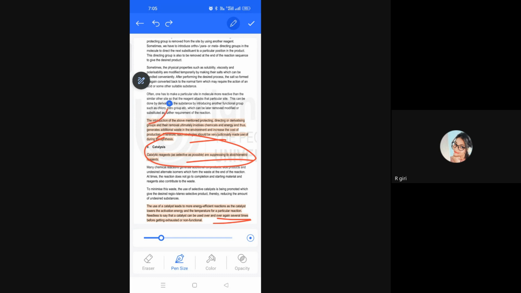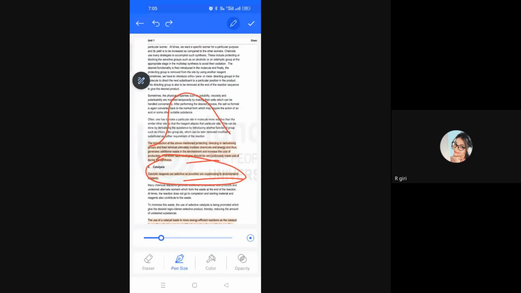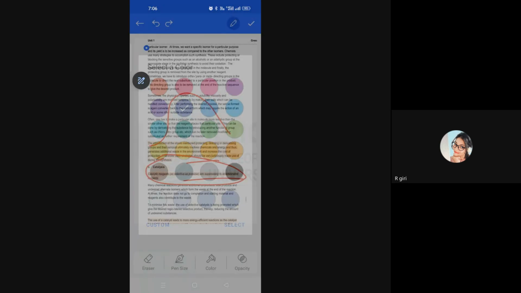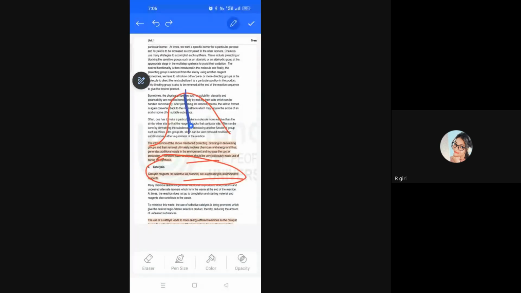Suppose this is the reaction path. Whenever you use a catalyst, then the energy, that is the threshold energy, I can say total energy, activation energy plus energy of reaction, is known as threshold energy. It requires this amount of energy. Whenever you use a catalyst, the threshold energy value will decrease. That means we will not supply more energy for the reaction process. So catalyst will do that type of thing.